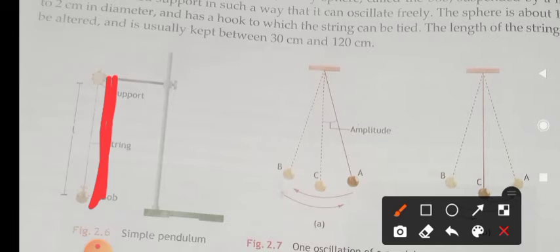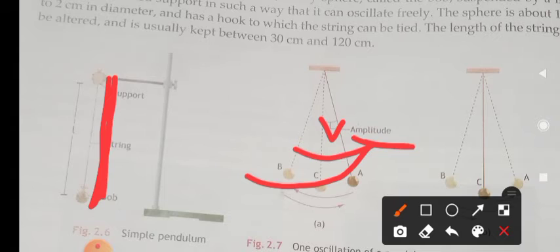The next one: the small angle made by the string with the vertical, when the pendulum is at either of the two extreme positions, is called the amplitude of oscillation. They are making some oscillations, and while doing so, the pendulum makes an angle from its mean position. Am I right, children? From the mean position, while moving forward and backward, it makes some angles. That angle is said to be the amplitude of the oscillation. Did you understand what is amplitude, children?